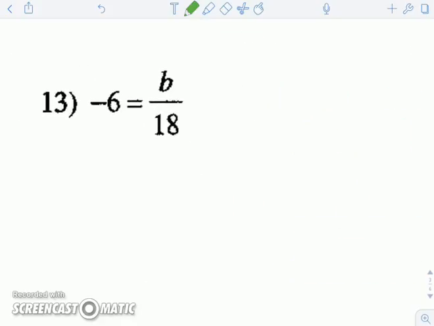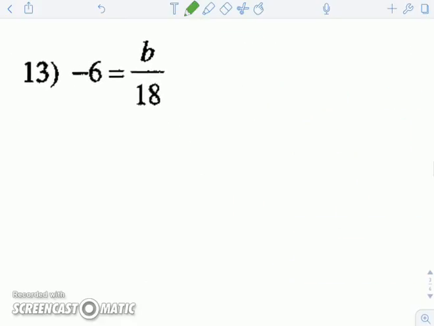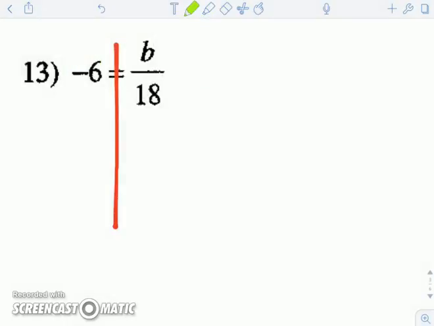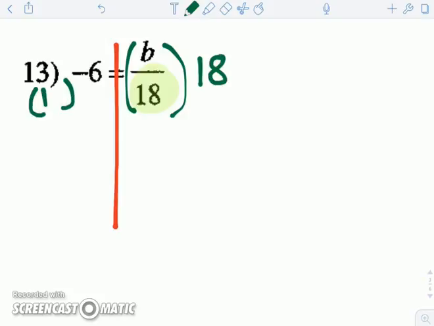If I hop over here to number 13, I have negative 6 is equal to b divided by 18. I'm going to start by drawing a line down the middle, and I need to say what operation is happening here that I need to undo, what inverse I need to look at. Well, the b is being divided by 18, so the opposite would be multiplying by 18. So I multiply both sides by 18,